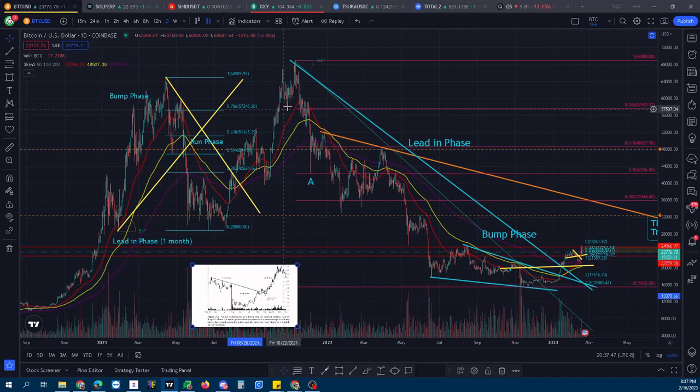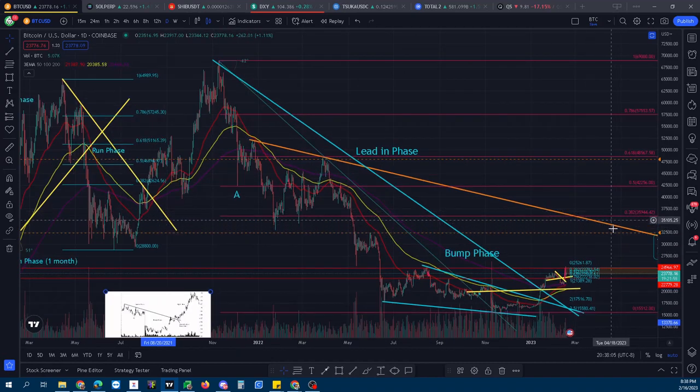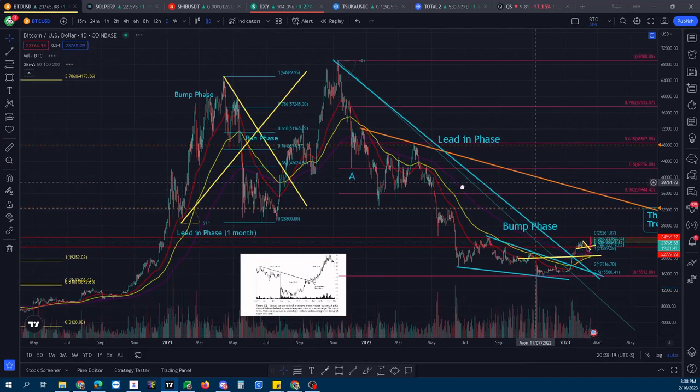Because this is one big falling wedge, and a falling wedge has to retrace back up at least 38%. This 0.382, you know your math, is 38.2%. So that is one of the targets. If we don't go straight up over the course of a few weeks, we'll hit 30K, or 32K. We'll find some support between 24 and 28K, as I show you here.